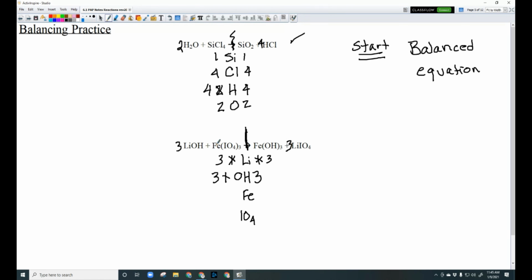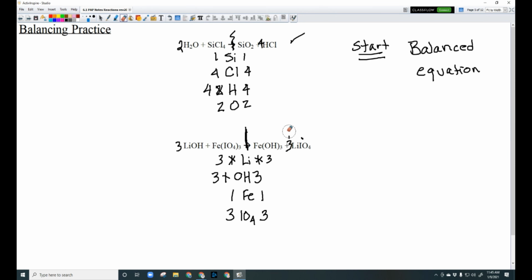So we have 1 iron here, 1 iron here. So that appears to be balanced. Now iodate, we have 3. See this 3 outside the parentheses says we have 3 of those. So we have 3 iodates on this side. And if we go to this side, IO4, this 3 also multiplies that. So we have 3 iodate on this side. All right, so this appears to be balanced, but